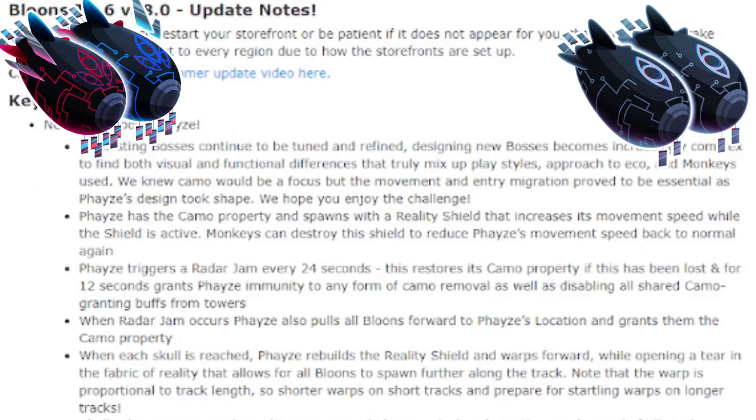So what does PHAYZE do? PHAYZE has got the camo property and spawns with a reality shield that increases its movement speed. While the shield is active, the monkeys can destroy the shield to reduce PHAYZE's movement speed back to normal again. So somewhat similar to what we have going on with Dreadbloon there, except this is a little bit different because